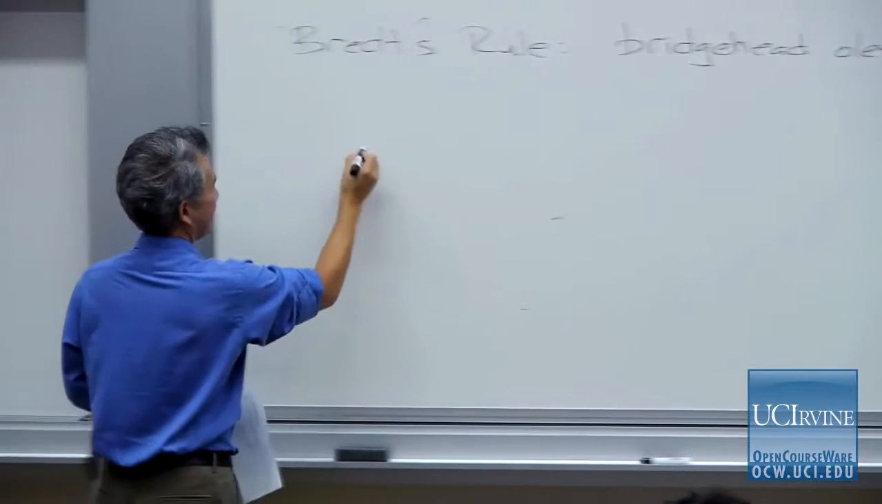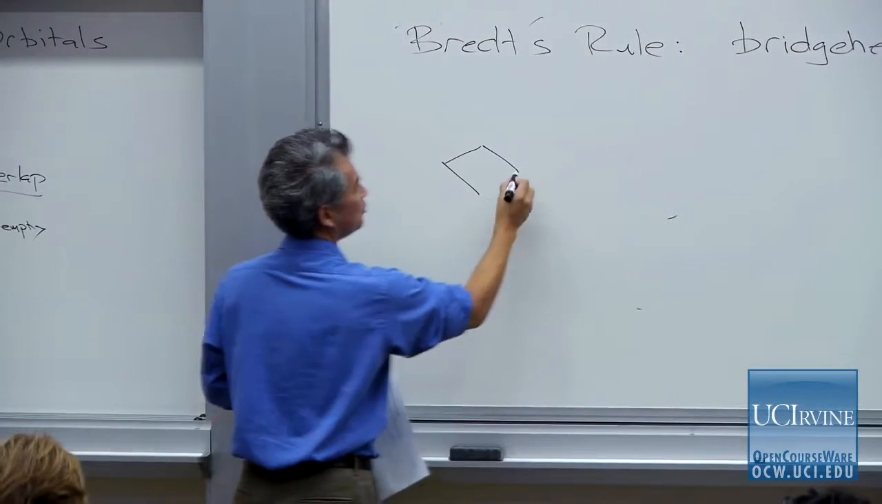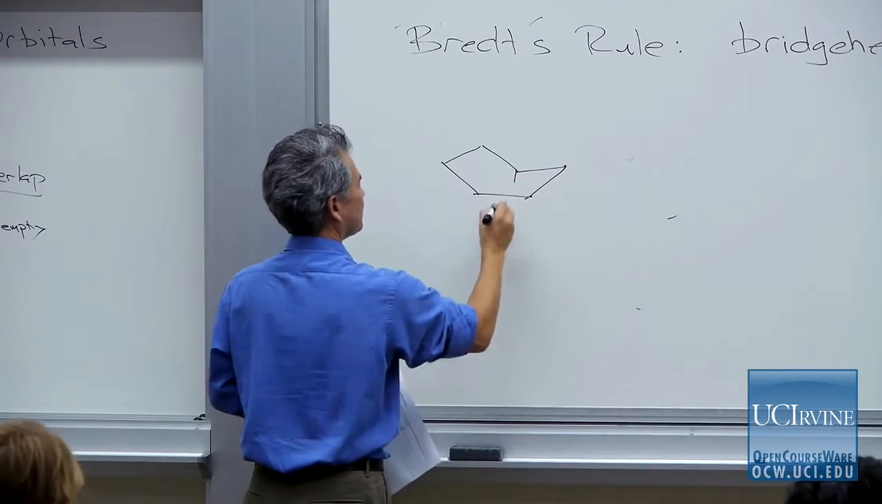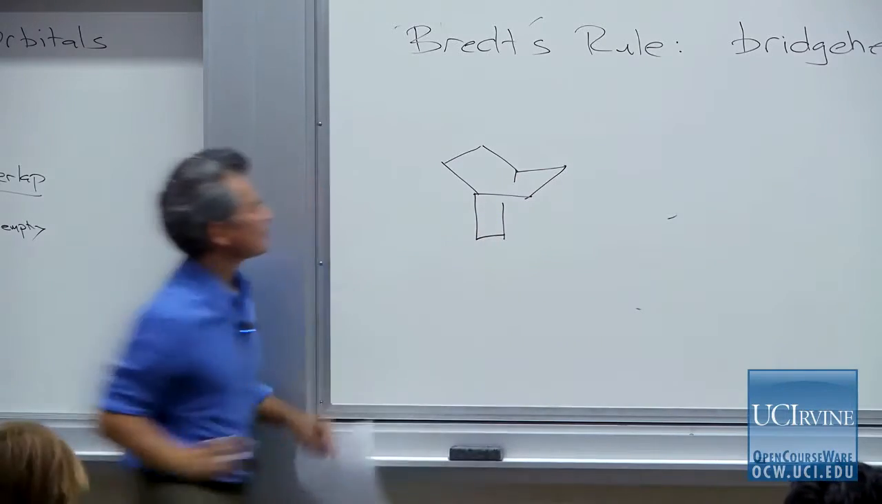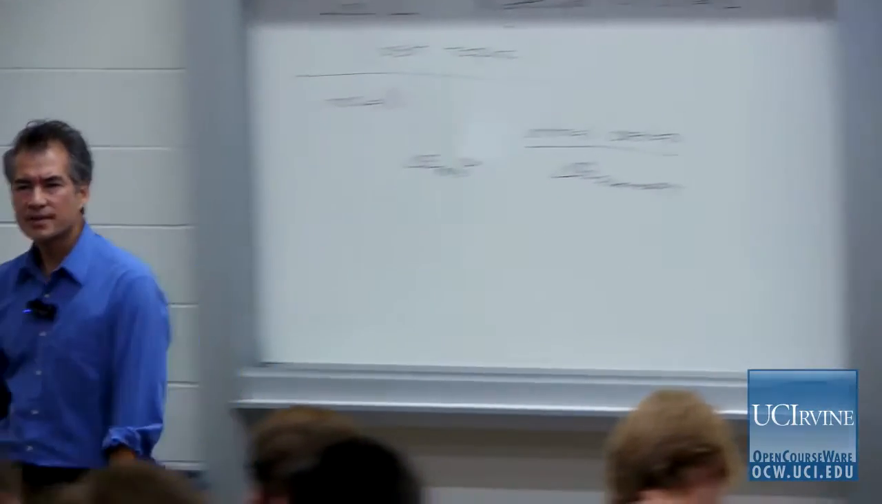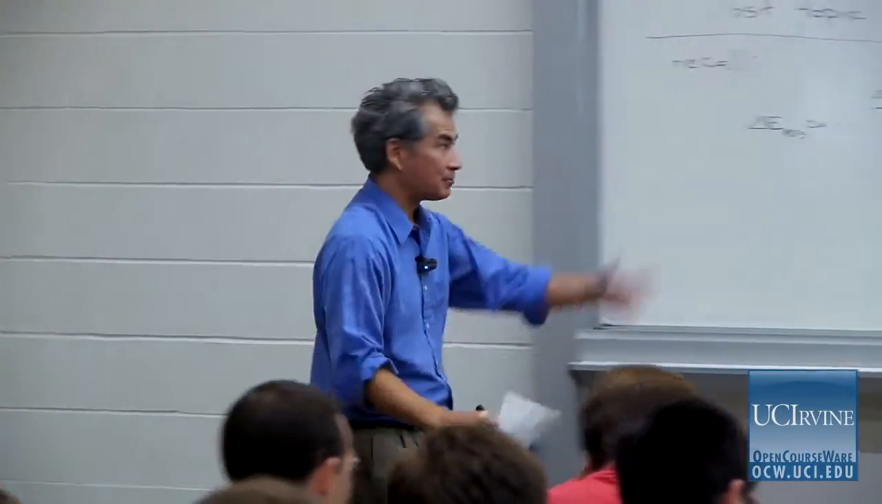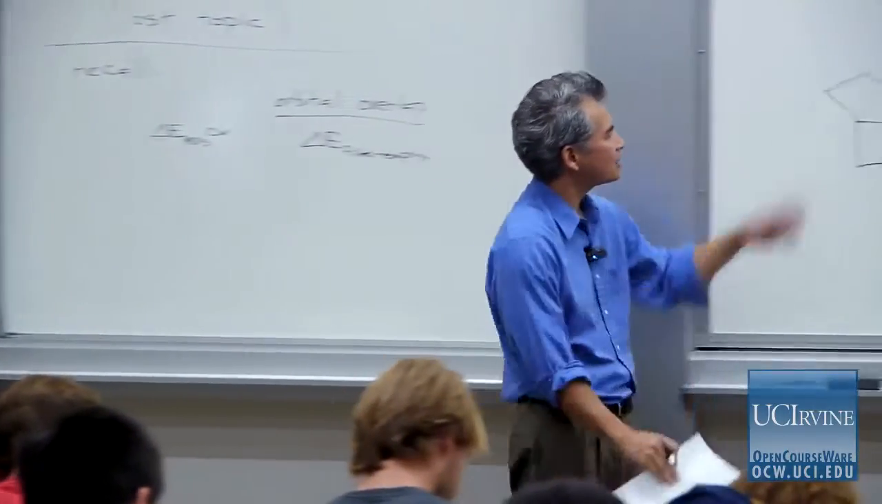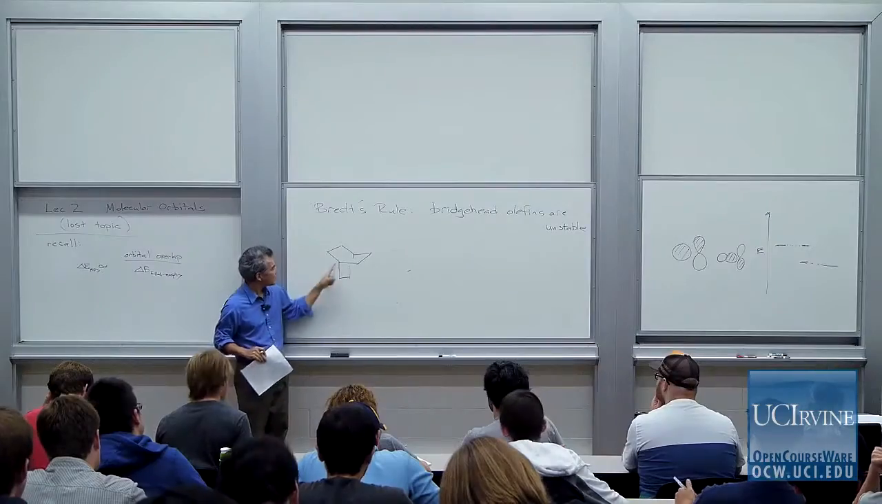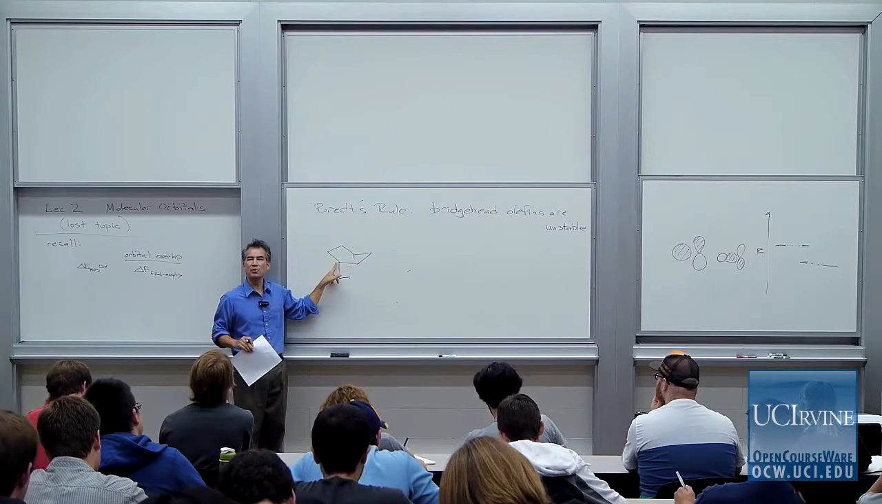So I'm going to draw out a bicyclic molecule. This is a bicyclo[2.2.2] ring system. And so there's all kinds of molecules and natural products and base reagents that have this kind of bicyclic structure. And what this rule is saying is that if I look at this bridgehead here, that's this point of intersection